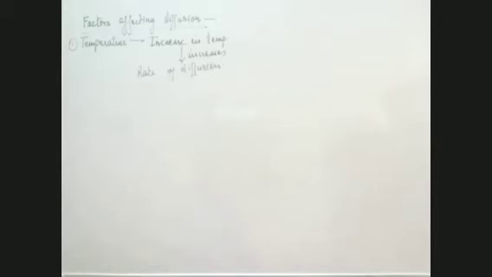Now what happens? Because of the hot food, the diffusion rate has increased, and because the diffusion rate has increased, that means the particles are moving from one area to another at a faster rate. Because of the increase in temperature, the rate of diffusion increases. Because the food is being cooked, it is hot, so there is increase in temperature, and as a result you can smell that hot food from the kitchen into your room. That is because the food is hot.